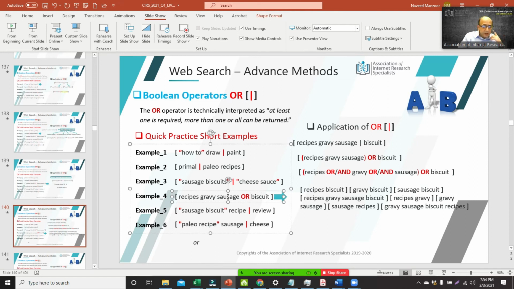So by default, even though the search is looking for all of these words, when it comes to figuring out which one to put first, either sausage or biscuit, it is comparing everything that is closest to it. If it was not just the word sausage, it could be a search term with two or more words inside of the quotation. It would entertain the ones that are closest to it, one on the left of it and one on the right of it. Even if you put multiple search terms or make it a longer search query, wherever you're putting the OR or a vertical bar, the first function is to resolve